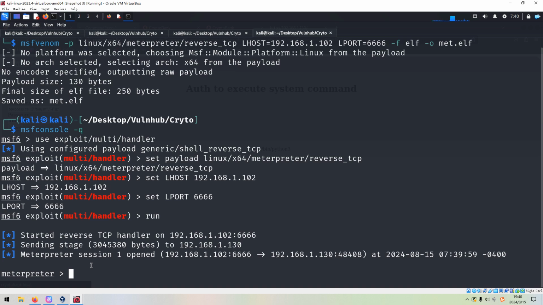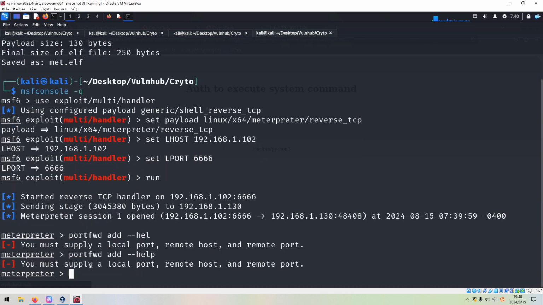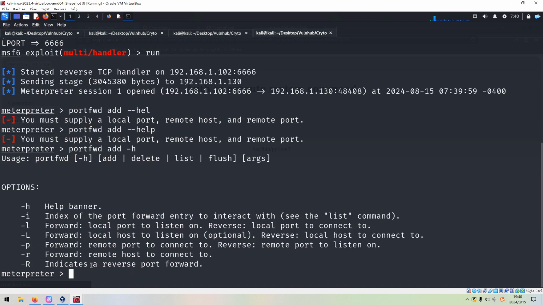Next we can use portfwd, with the sub-command add, and we can use help, or -h, and the -L option. We can use the same port number.